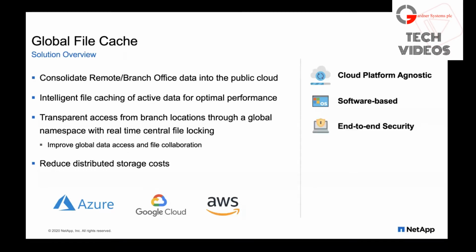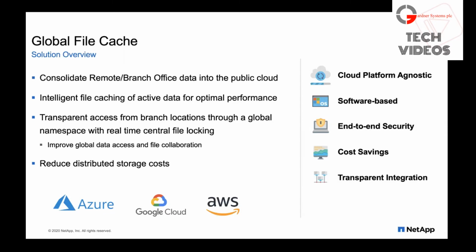So what Global File Cache does, it provides your users a transparent experience in those branch office locations, and those could be miles away, through a global namespace with real-time global data access and central file locking. That, as a result, is going to allow you to not only centralize the storage, but also achieve that performance aspect that's required for not only your users' data, like home drives, folder structures, personal data, but also project data, collaborative data, where you require all your teams globally to work on at the same